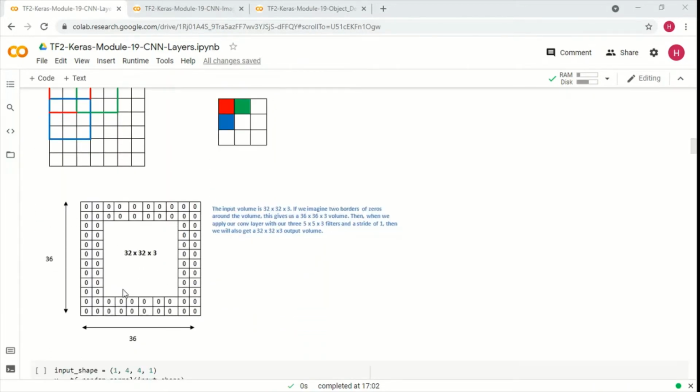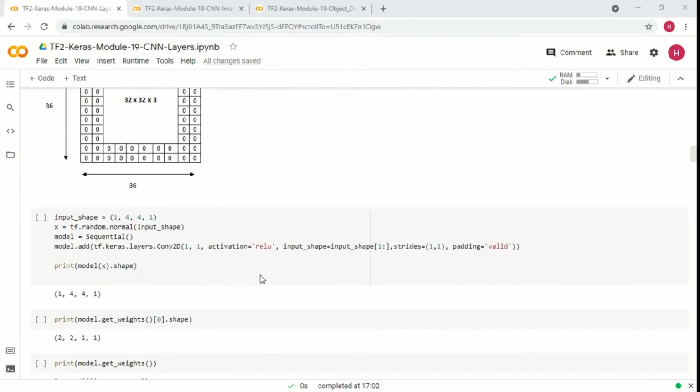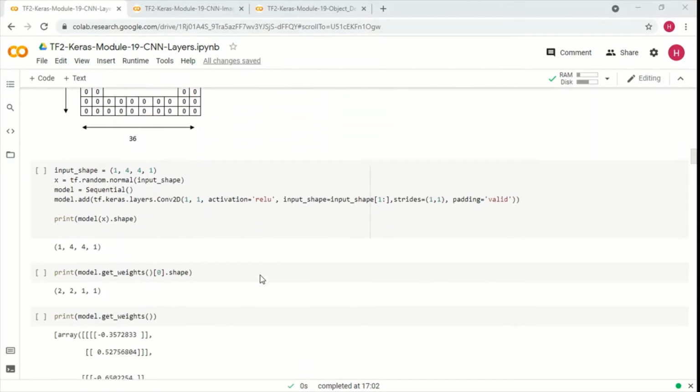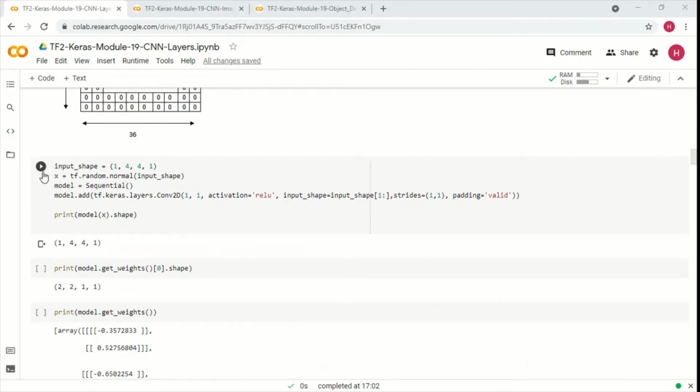And the concept of padding: if this was the original image, then we can pad it on the edges with 0 pixels. If we want to have an output of 32 by 32, then we have to pad it like this, and then if you use this 5 by 5 filter, we are going to get a 32 by 32 volume, right? So that's the concept of padding that we have. Okay, so let's take a few more examples of the 2D convolutional layer.